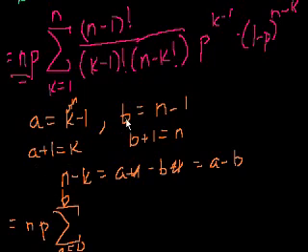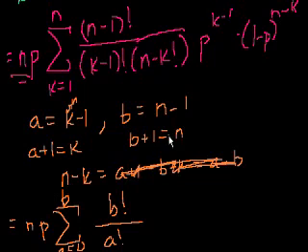And then we had b is equal to n minus 1, so that'll be b factorial over k minus 1 factorial. We made the definition that k minus 1 is equal to a, so that's a factorial. And then over here, n minus k, oh, you know what, I reversed this. N minus k should be b minus a. N is b plus 1, so it's b plus 1 minus a plus 1, which is minus a minus 1. So the 1's cancel out and you get b minus a. So the n minus k will become b minus a